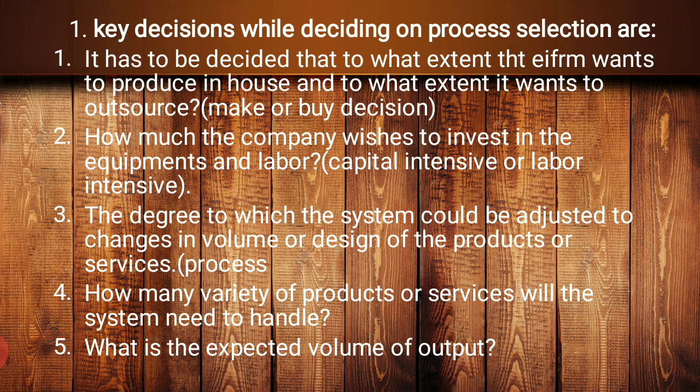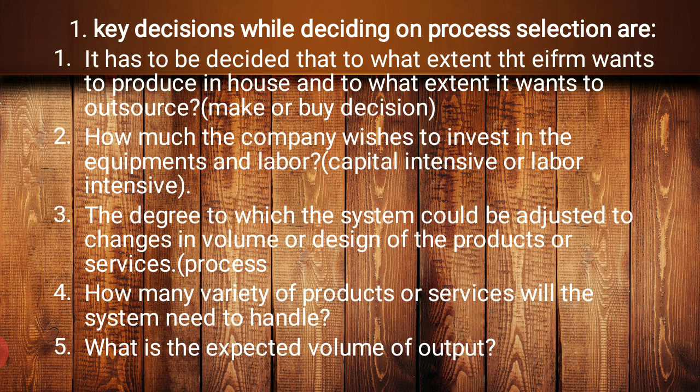Do I have that much capacity with this process selection to produce 200 units? Supposing it increases in the next month to 300 units, does my process give me the flexibility to make the changes? This has to be decided before making the process selection, because process selection is like selecting the location